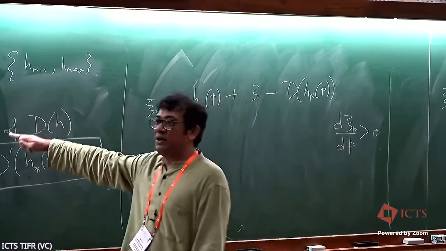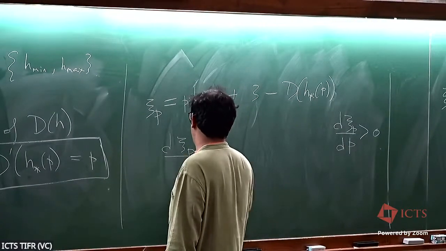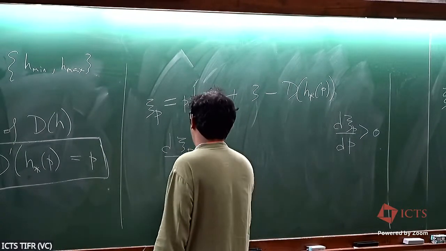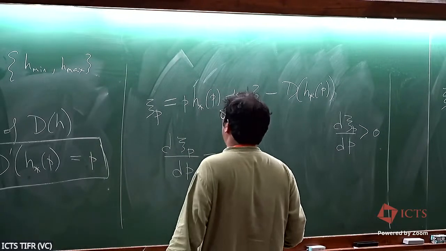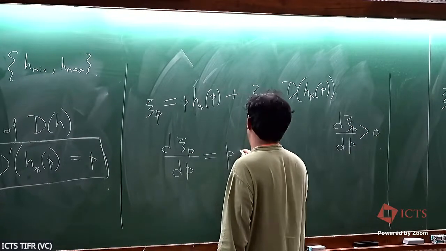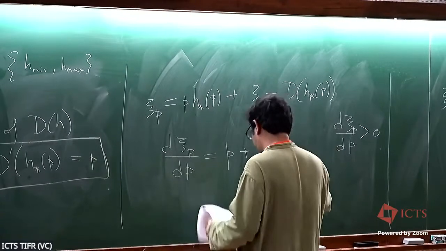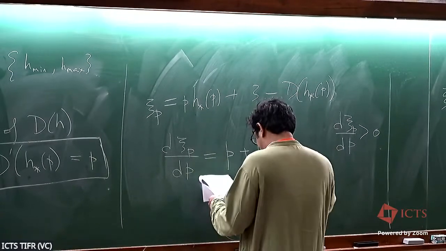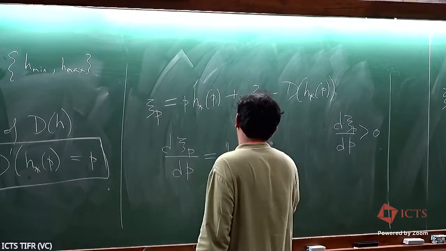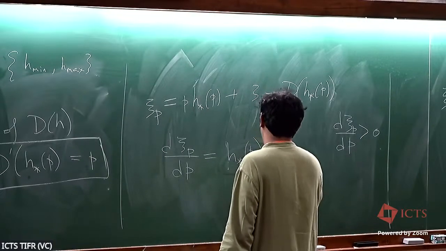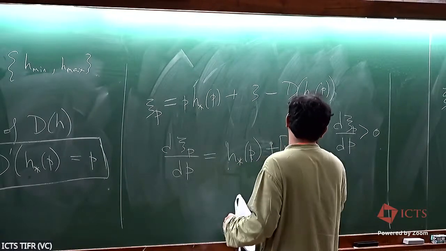With this sort of geometrical way of doing the same thing, I can actually calculate d star d zeta p dp, and what I would get is p plus, here this goes out of the window, and so no, I could do the other way around. I could do h star of p, taking the dpd there, and then I have p minus